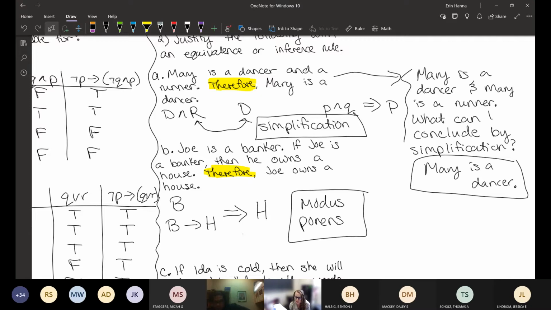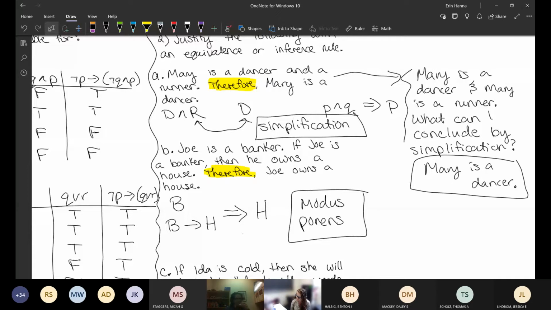Sorry, question. So we will need to write the variables along with the rule, or just write the rule? Okay, so for the answer, you would just need the rule. When I'm doing these, I just like to write the symbols down because it makes it easier for me to see what rule it is. But you don't have to include that. Essentially just what I've boxed is what you would need to put in on the quiz for the answer. You would just need to write modus ponens. You wouldn't need to show the